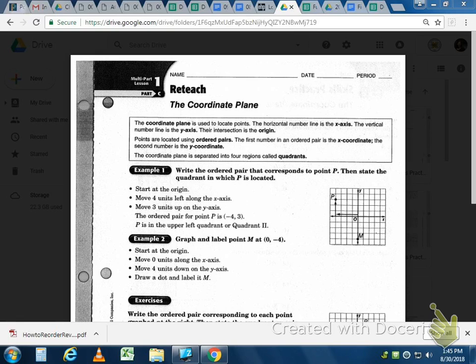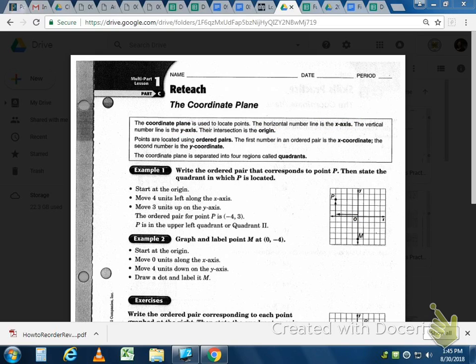The horizontal number line is the x-axis. The vertical is the y-axis. The intersection point is the origin. So the origin is right here where I'm putting a blue dot. It is labeled with an O because it's an origin, and it's where each number line has the 0. That is the origin. Now, when you look at ordered pairs,